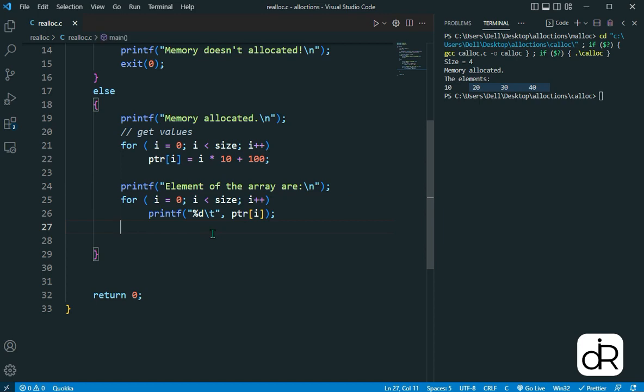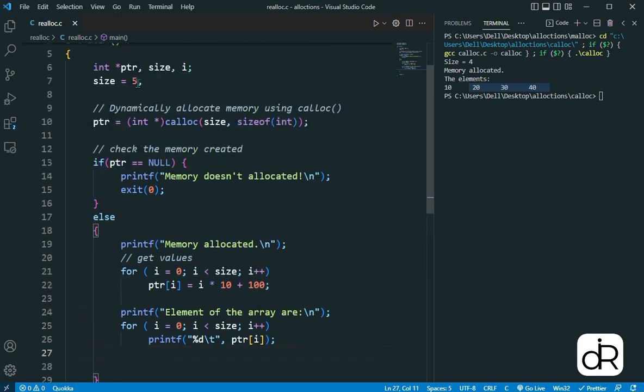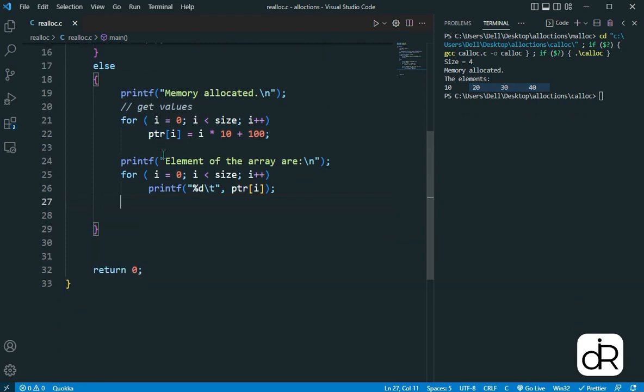Okay, so now after getting this we need to update the size to something new. In the first case here we're setting the size to 5. Now we need to upgrade the size of the array to 10. So this is the case where we're going to use the realloc function. After that we're just going to get the new size, and here let us set the size manually to 10, and now what we're going to do is dynamically